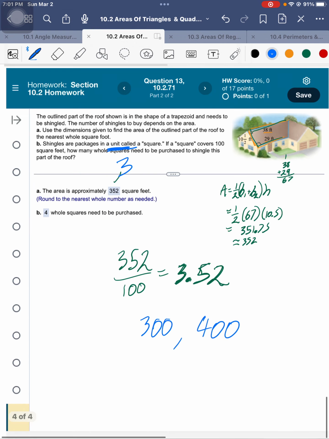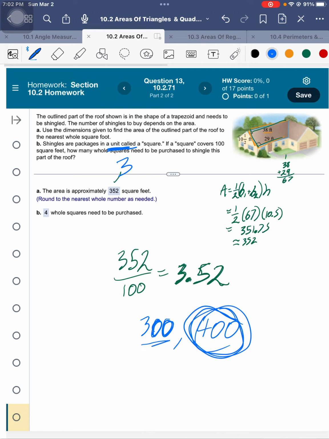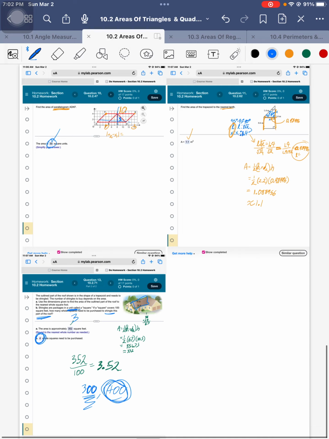So let me ask you guys a question. If you're building a roof, would you rather have 52 square units of it not filled, especially in Miami where it rains all day at any time? No. So that means this person is going to want to buy 400 shingles because I'd rather have extra than not enough, especially for a roof. So that's why he needs to buy 4 whole squares to shingle that part of his roof. Okay, so that's it. And we're going to do the